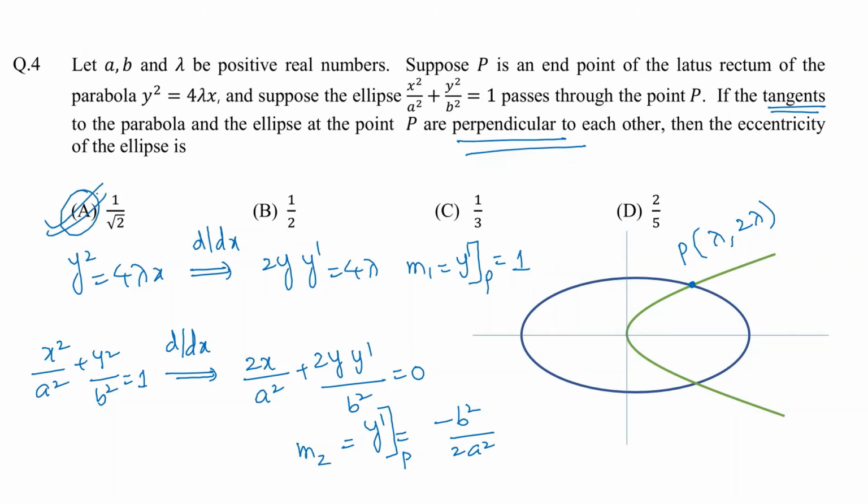Here, see, instead of going for the equations of the tangents, which is generally how many students will think, they'll go for the equation of the tangent at the point P, and that is going to become too lengthy. Why do we need the equation of the tangent? When we know they are perpendicular, we just need the slopes of the tangent. And that's what we are directly doing here by going for the differentiation. You can say this is from conics, or you can say this is from AOD also, as we are using derivatives here. So this can go into applications of derivatives, or it can go into the conic sections. So the answer for this question is going to come as 1 upon root 2.